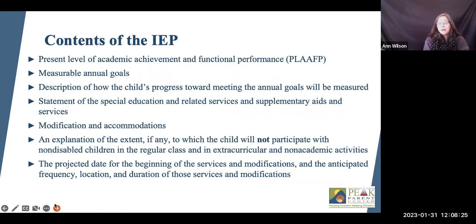So the IEP includes very specific contents. And so this is just a list, and we'll look a little more into each of these. You'll have present level of academic and functional performance. You'll have measurable goals, a description of how the child's progress toward meeting those annual goals, or progress monitoring, a statement of the special education and related services and supplementary services, a description of modification and accommodations, if you have those,